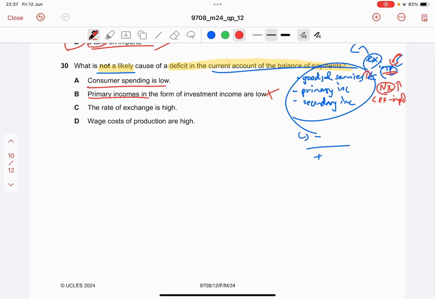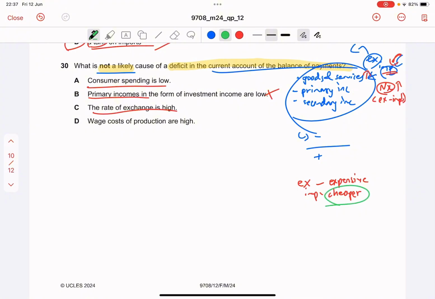Now the third one says the rate of exchange is high. What is the rate of exchange? Well, this might be referring to the exchange rate, and if the value of the exchange rate is high, that means that it has appreciated, the currency has increased in value. And if a currency appreciates, we know that the price of exports will become more expensive, and the price of imports will become cheaper. So, of course, demand increases for the thing that becomes cheaper,